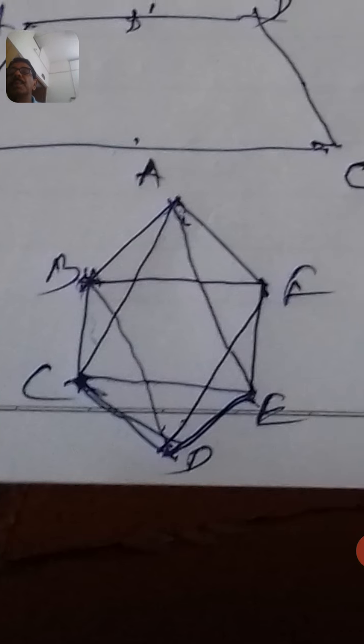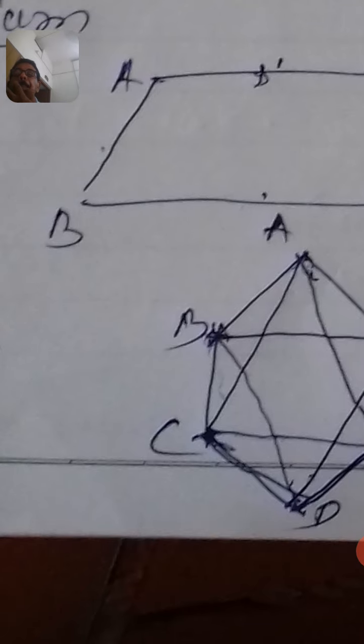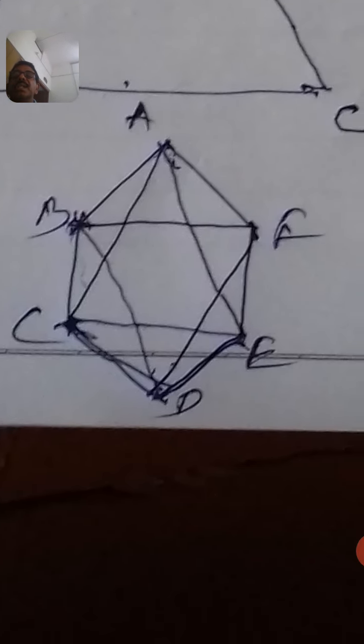Now, trapezium. What is a trapezium? It is a quadrilateral in which one pair of opposite sides are parallel, other pair of opposite sides are not parallel. So here, AD is parallel to BC, but AB is not parallel to DC. This is a trapezium. Now, the third type is kite. You know, this is a kite and two adjacent sides are equal, and the diagonals intersect each other at right angle. Diagonals do not bisect but intersect at right angle.